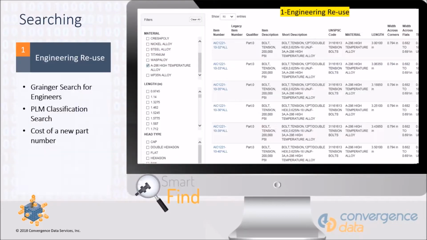So let's start with engineering reuse. What we've found over the last 15 or so years in our experience is if an engineer can't find a part, we know where they're going to go to get one. They're going to go to Grainger, they're going to go to McMaster-Carr, they're going to go to these online distributors that have done a really good job with making it easy for them to sell parts. And they have adopted classification. You'll see they have nice categories and images and attribute filters to make it real easy to find a part